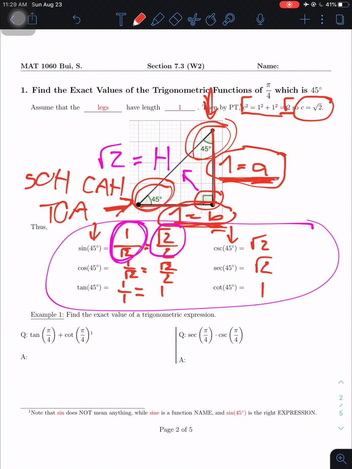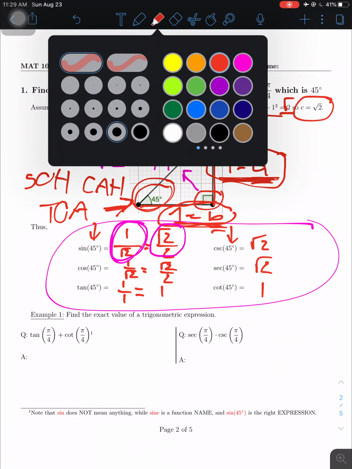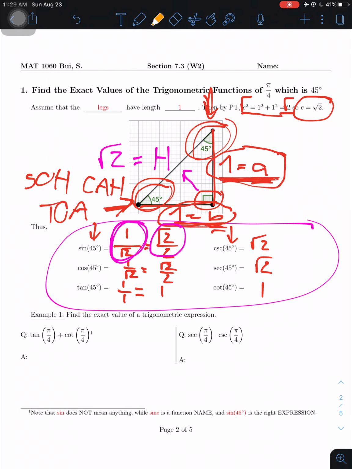Okay? And then the first example, find the exact value of the trigonometric expression. So at this point, let me highlight this one out, because this is a fact that you have to remember if you're not fast in converting from degrees to radians. So remember the fact that pi over 4 in here equals 45 degrees, okay? This is one fact. If you want, you can